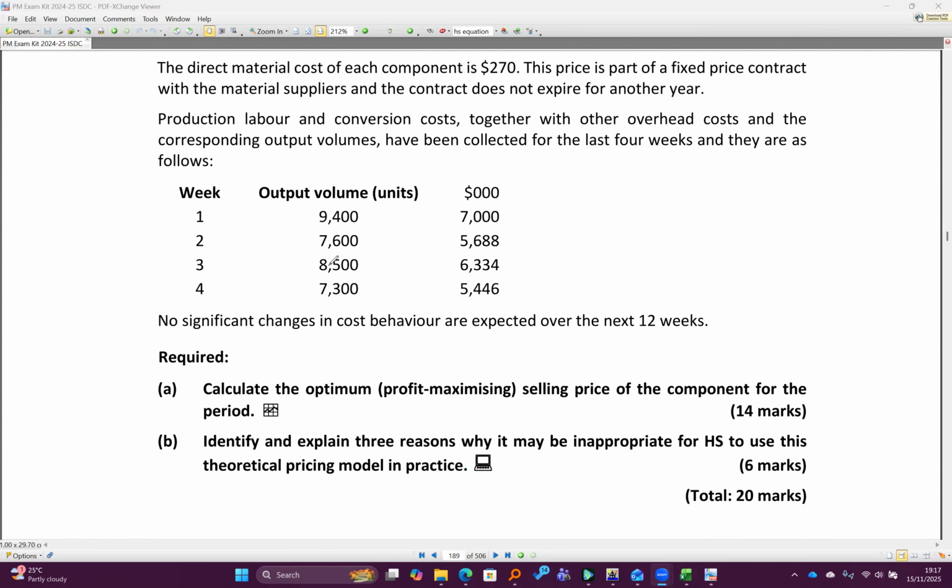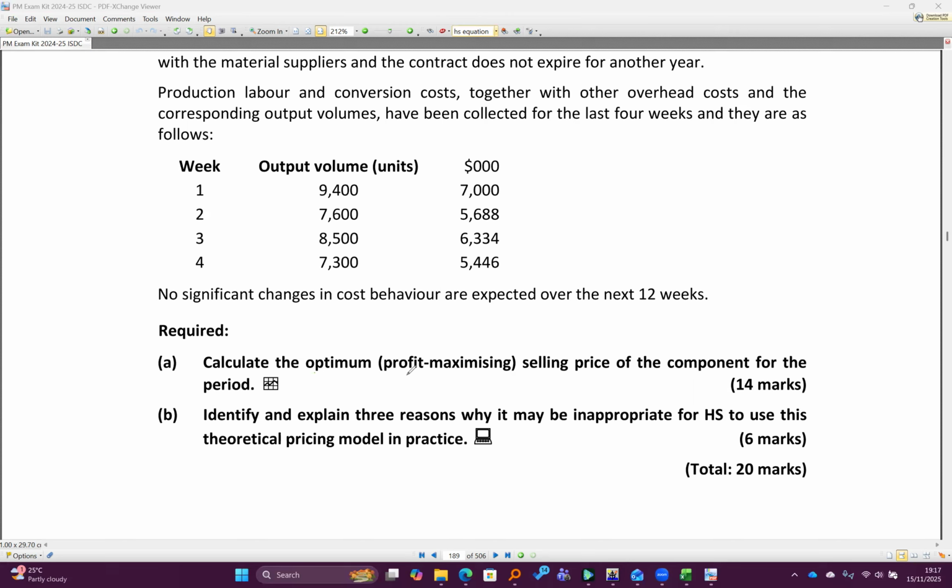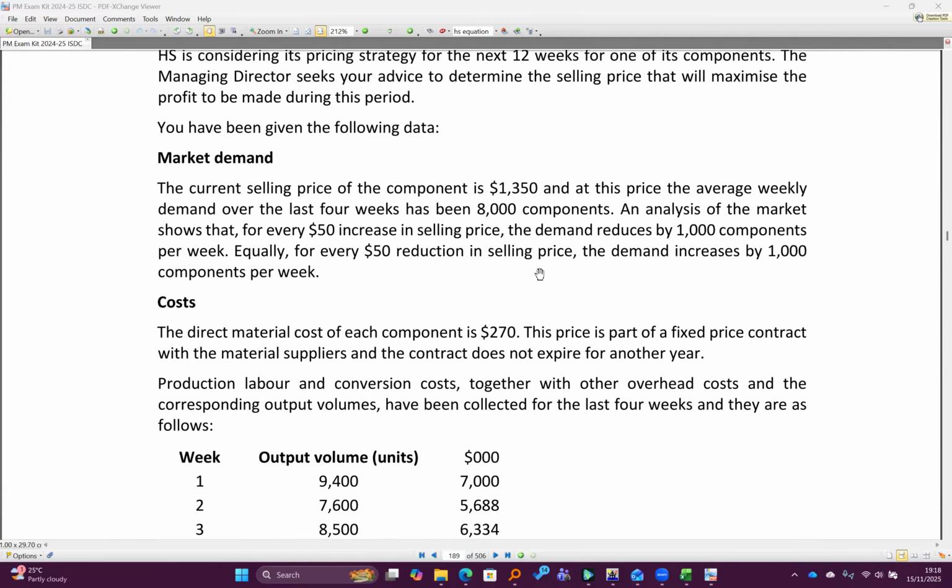They're asking us to calculate the optimum or profit maximizing selling price of a component for the period. Then identify and explain 3 reasons why it may be inappropriate for HS to use the theoretical pricing model in practice, the one that we have found. So this is about pricing, and of course, before you got the scenario, perhaps you know about the different aspects of pricing, so you would probably think about what they may be asking you to do. But when you go through the material,